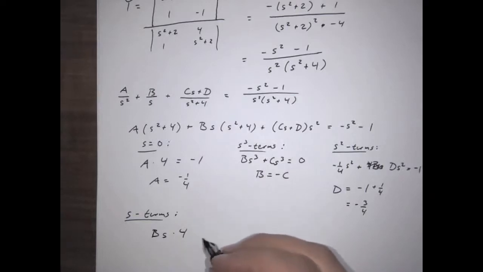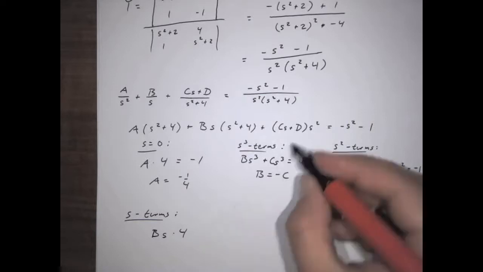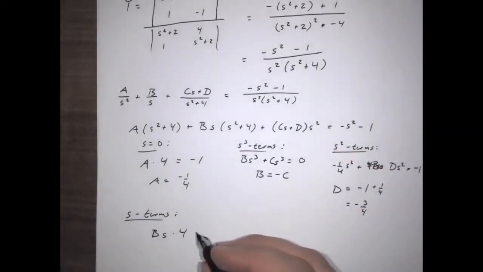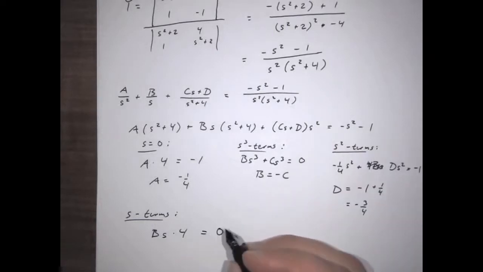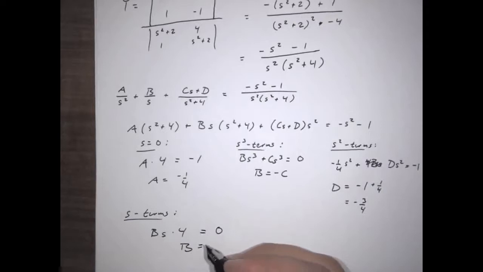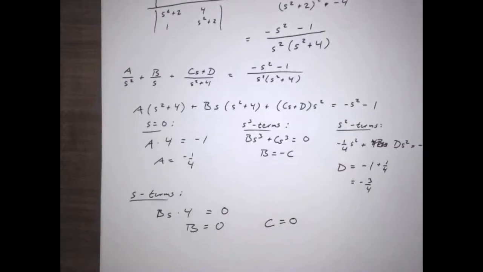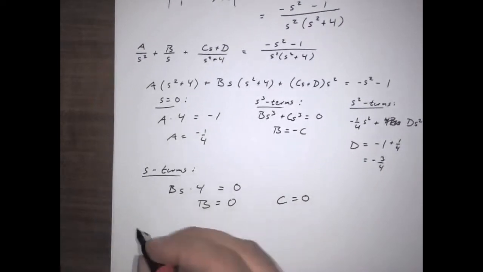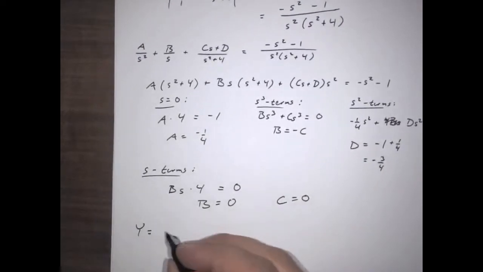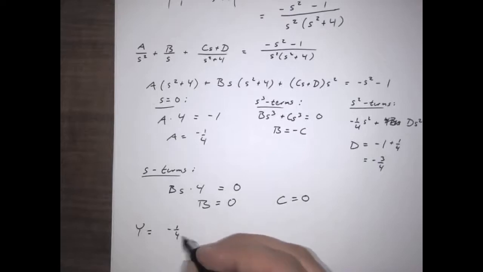And then there's no s term over there, so that equals 0. So b equals 0, which means c equals 0, which means that y is going to equal negative 1/4